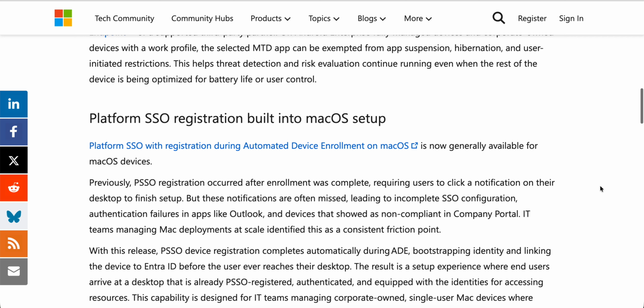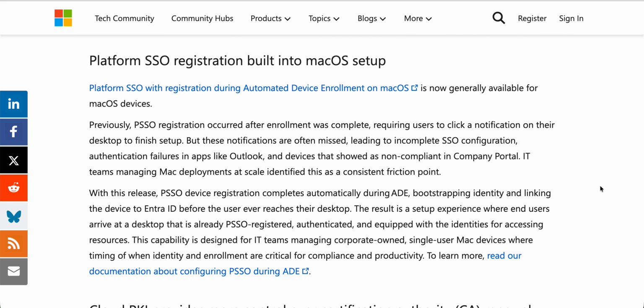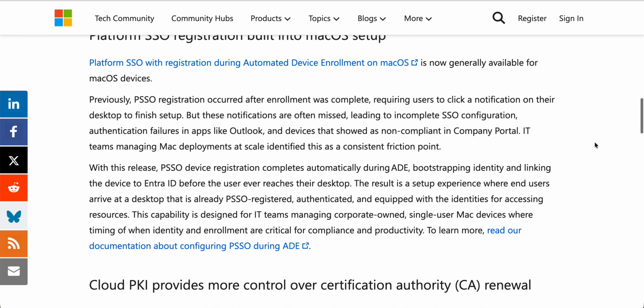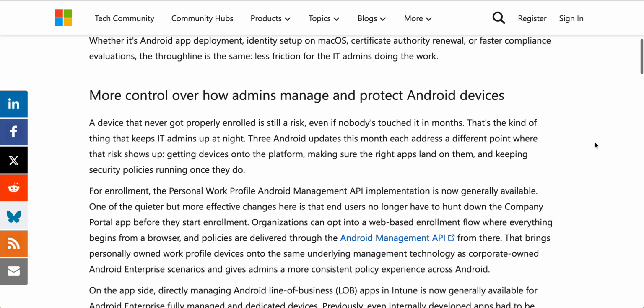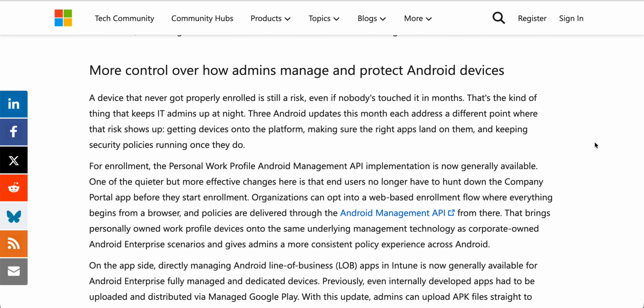Sorry, maybe next time. The other thing is platform SSO registration built into the macOS setup. I already made a video, so you can go and watch what platform SSO is and how you can configure it. But this is it for this video, I think. You just go through this article and see which of the three Android updates are available in your tenant, and explore